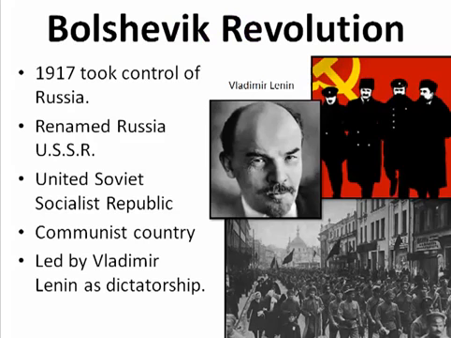In 1917, during World War I, Russia had a revolution, called the Bolshevik Revolution. The Bolsheviks and the Mensheviks were fighting over who would have power and control over Russia. And the Bolsheviks, who were called the Reds by the color of their flag, win. Vladimir Lenin became a communist dictator, and the Bolsheviks were communist. They renamed Russia the United Soviet Socialist Republic, or the USSR, sometimes referred to as the Soviet Union.